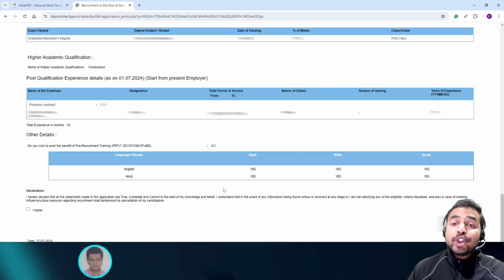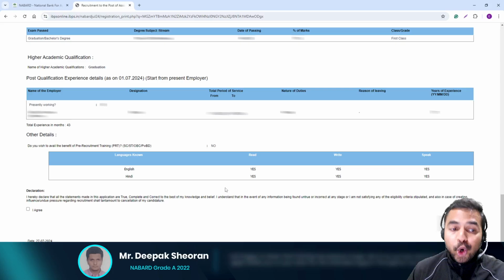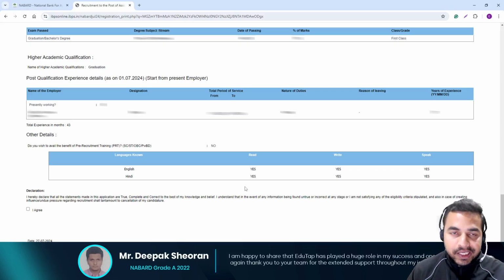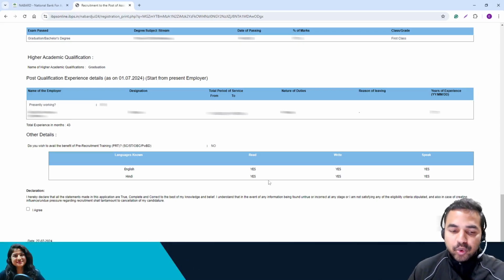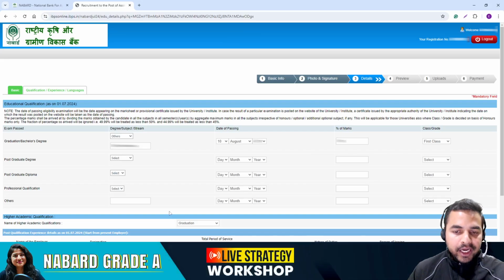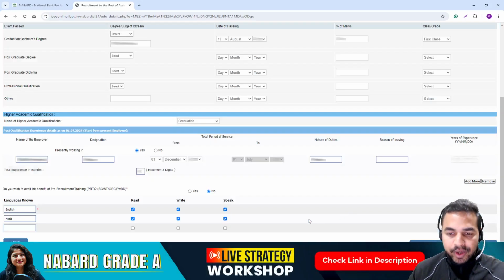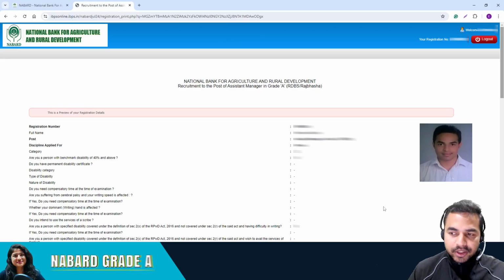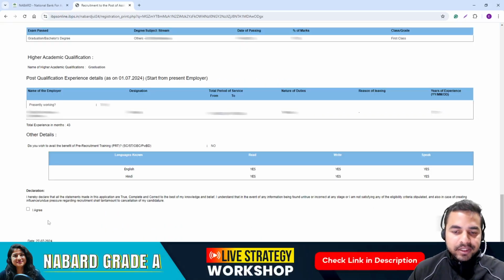But in case you are someone जिसकी कोई डिटेल यहाँ पर सही नहीं है, if you have due to mistake mentioned any kind of detail incorrectly, so what you can do, you can just click on back here and it will take you to the previous stage. So as I have verified all my details are correct, I am clicking on save and next. So again moving to this particular page, and now my dear friends, there is a declaration as well